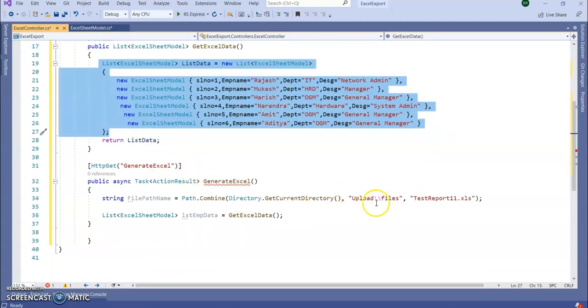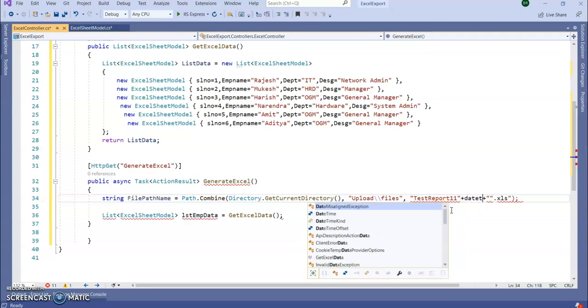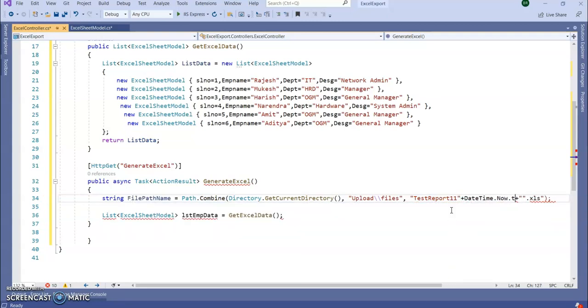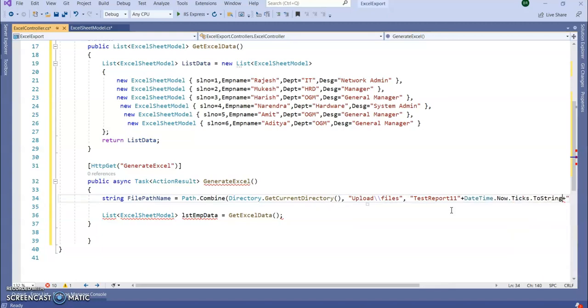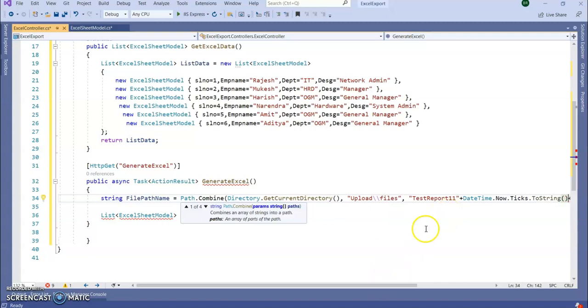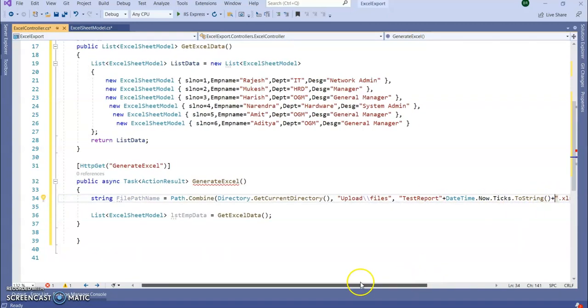Here I'm going to add something dynamic, so it will create an Excel sheet whose name will be test report and the current tick.